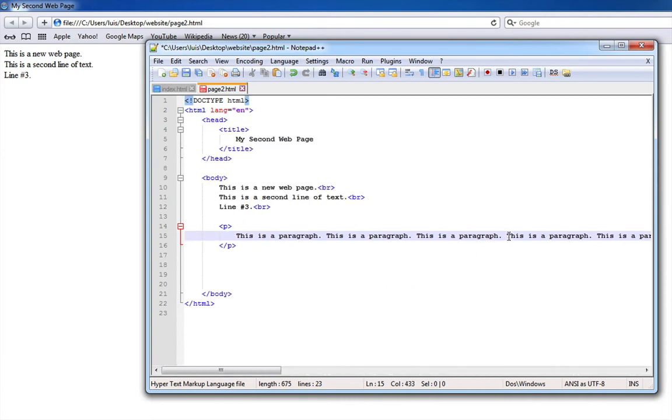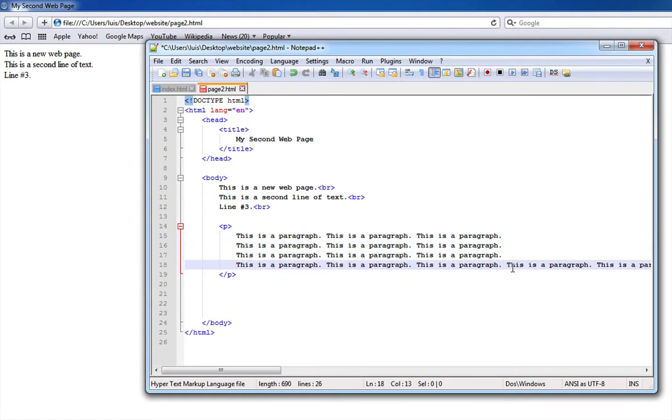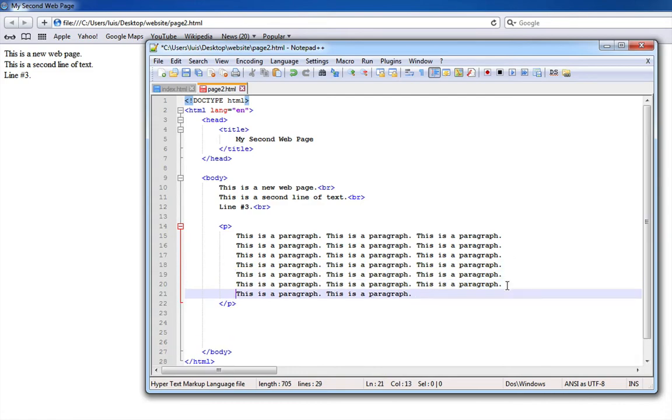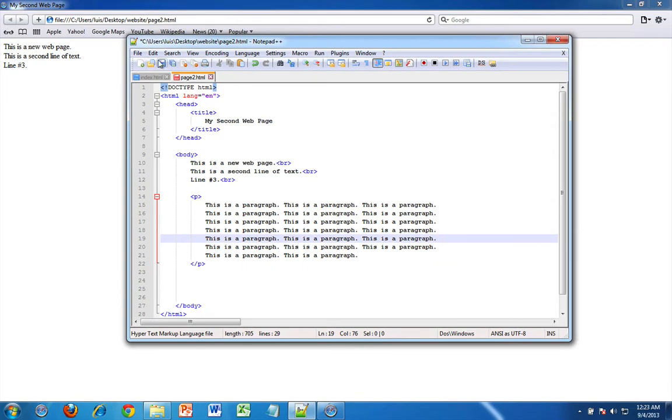So why don't I just hit enter after every third line here. I'm just making it easier to see right now, but there's a whole bunch of text right there. So this is a paragraph. All of these lines, even though I hit enter many times, are part of this one paragraph. So I save this document,